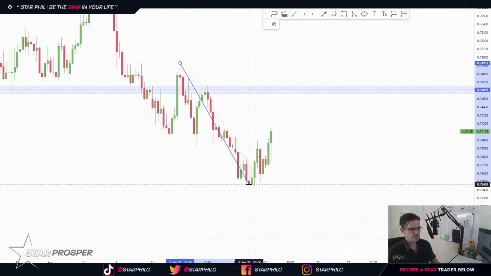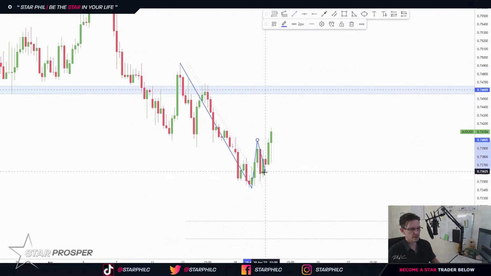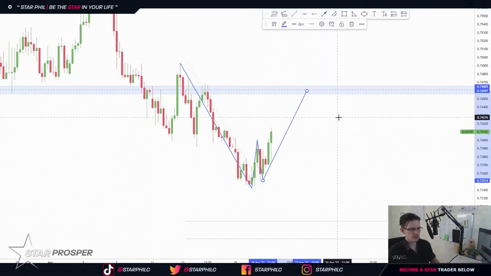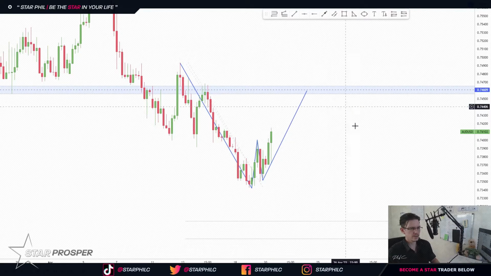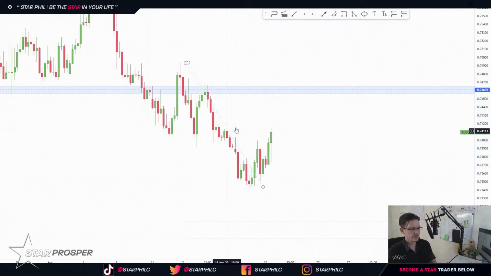We have an initial move down like this. These are our highs, and then we get a little move up here, and then a move back down, and now we can potentially move back up into this area. Again, we were at the 786, but let's take a look now on the 1-hour time frame